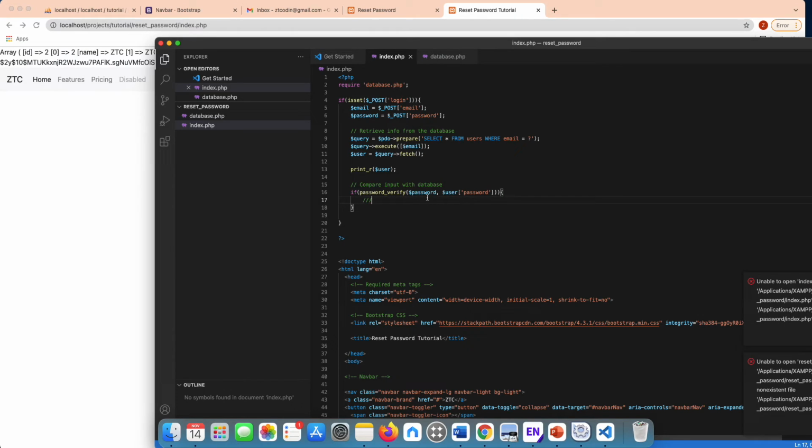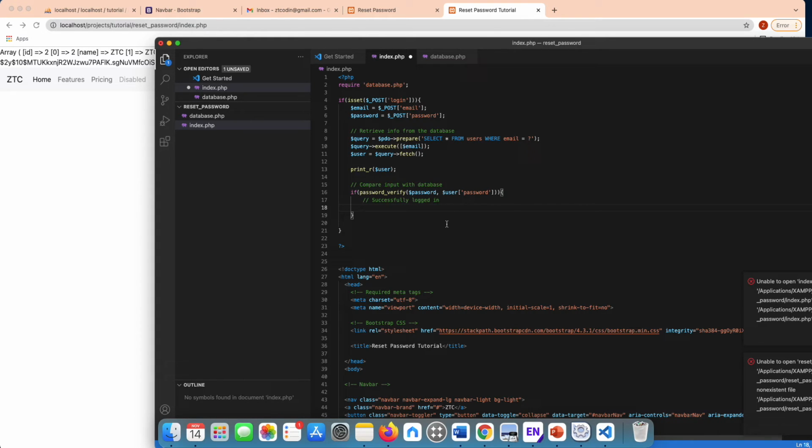So we're gonna compare if the inputted password is actually equal, matches the user password, then it is successfully login. All right, successfully login, something like that. Now, if successfully login, what do we want to do? In this case, I'll just go ahead and do something like home.php. If the user successfully login, we want to direct them to the home page. All right, we don't have a home page yet,